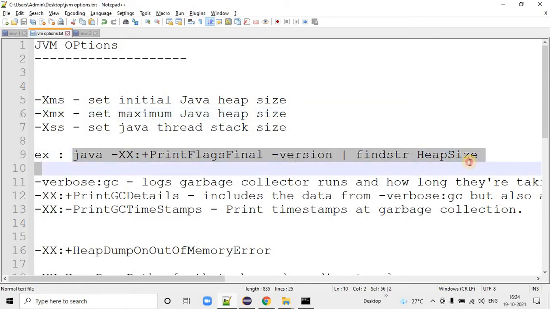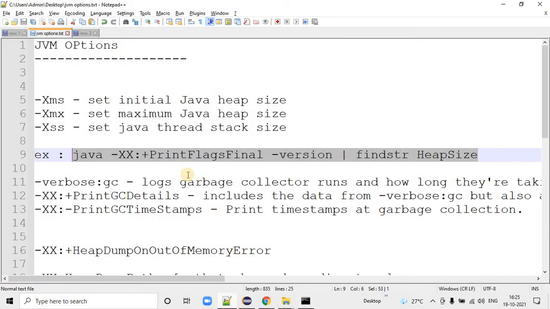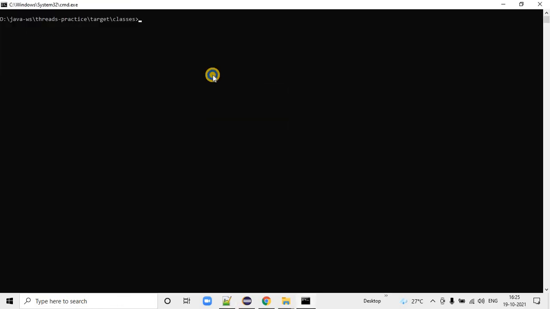JVM also has one option called -XX:+PrintFlagsFinal. This option will print all the flags, and after that we can search for it. I wanted to see the heap size, so you just copy this command and run it here. So I'll copy this.